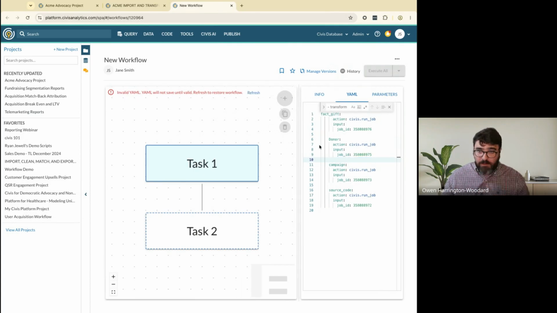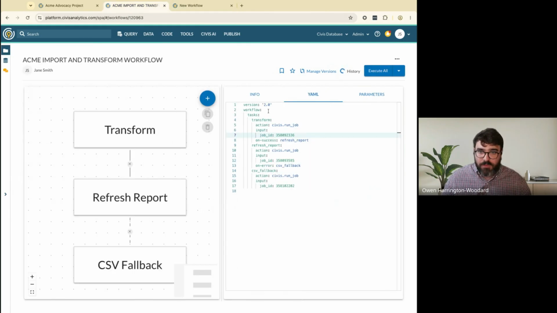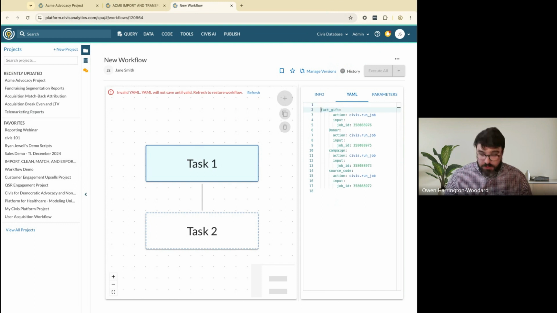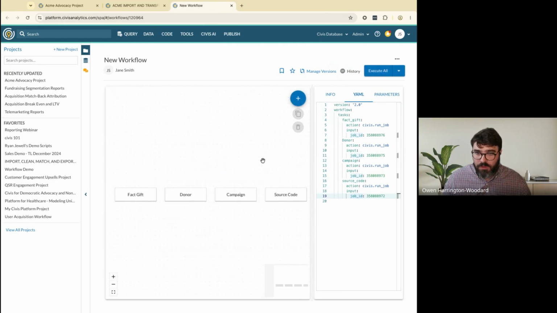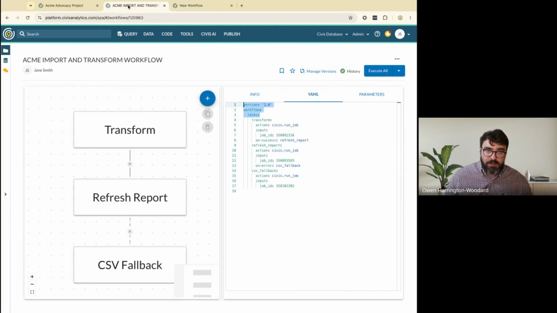And I should end up with all 4 of those. Oh, that's why. I overwrote too much. But now I have all of my imports here, and I can go ahead and take this workflow ID, and